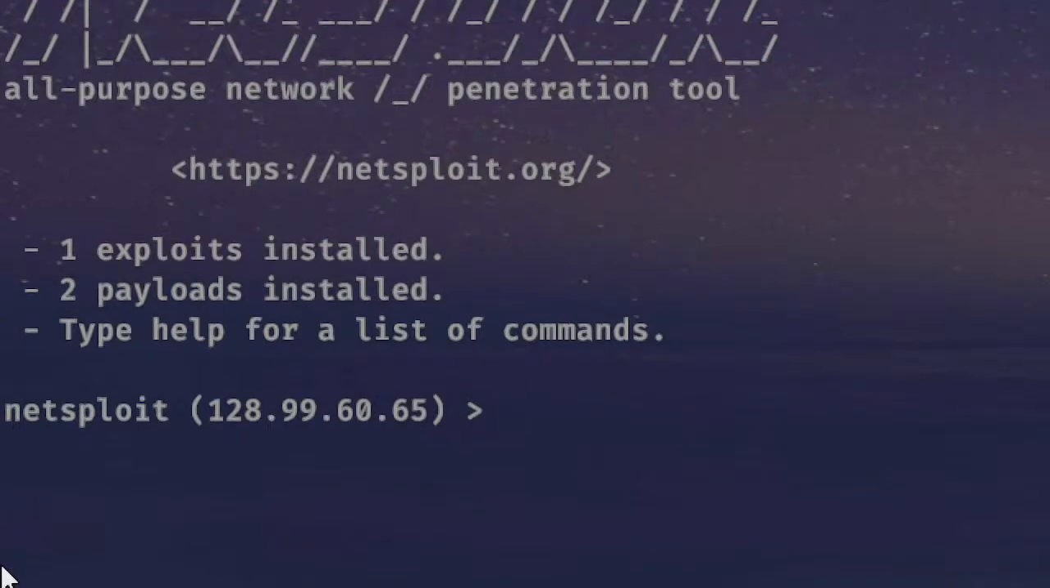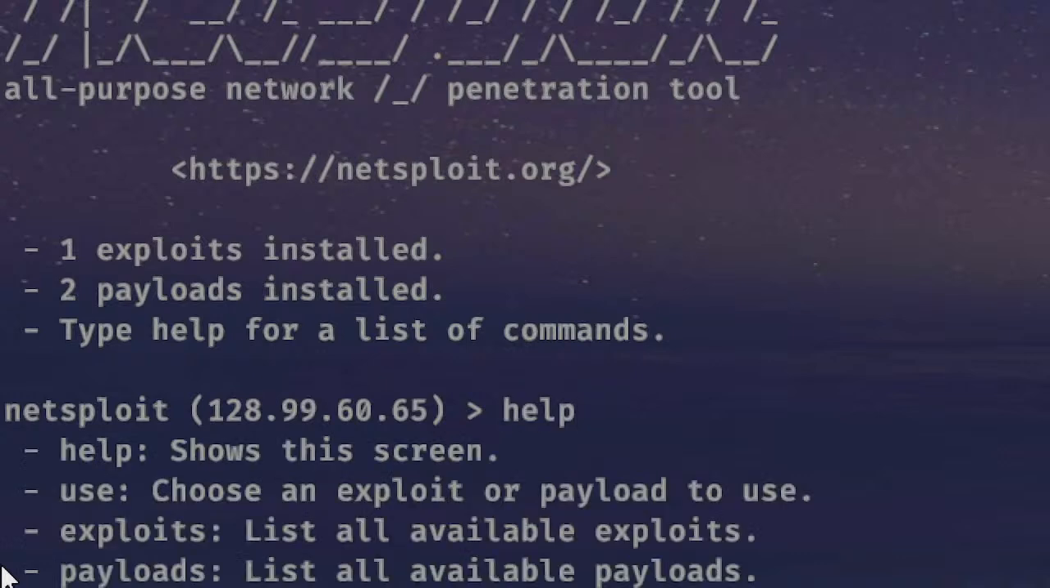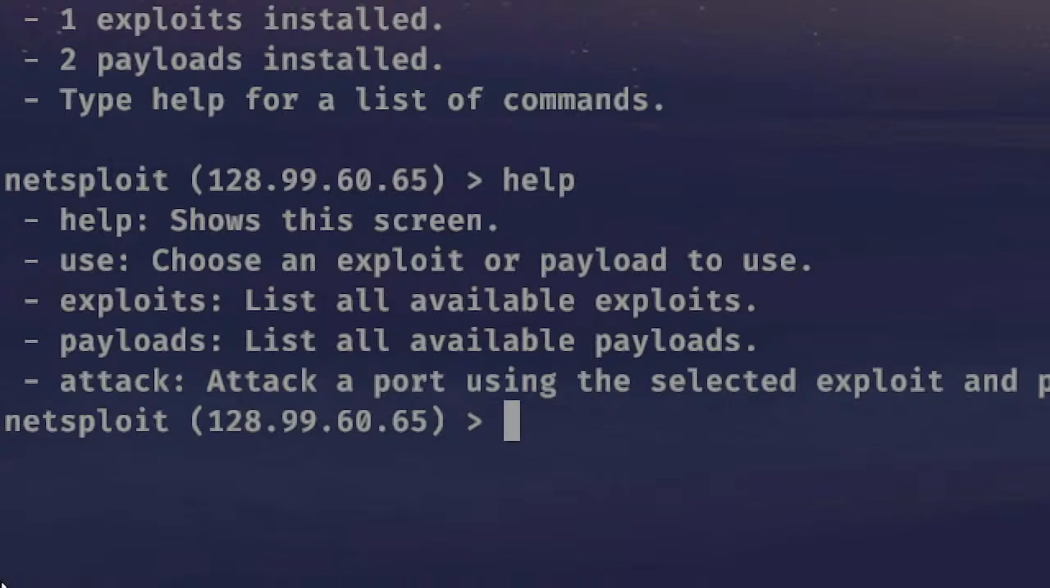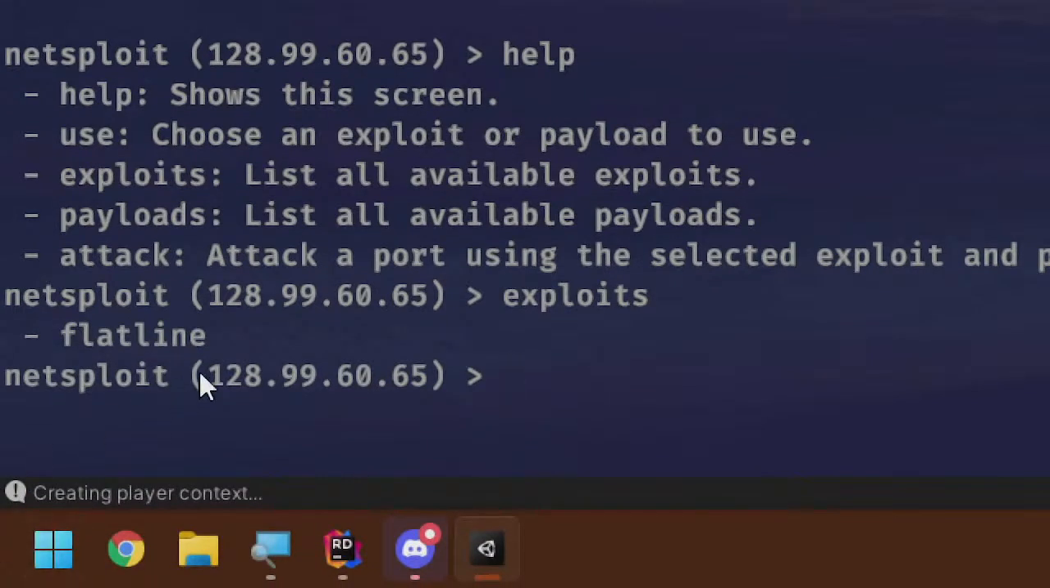And it's going to tell us that we have this many exploits, this many payloads, and a type help for a list of commands. We do that, and we can see... oh, whoops. We can see that we have a few commands. We can list our exploits, we can list our payloads, we can use something, and we can attack something. So the general gameplay loop here is to, if you don't know what exploits you have, you use exploits to see a list, and then you can select one. So in this case, I only have one, and it's a flatline, so we do use exploit / flatline, and